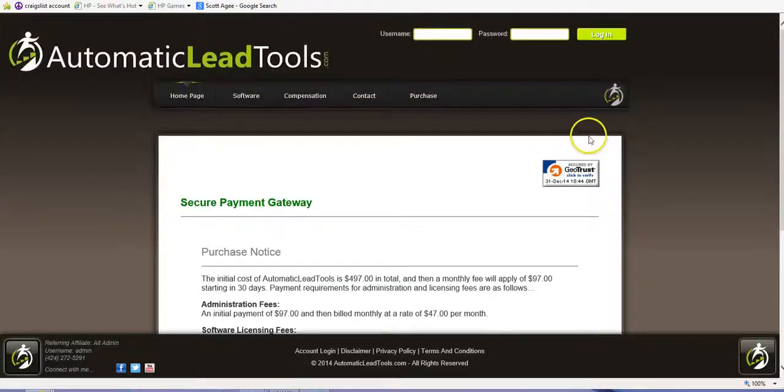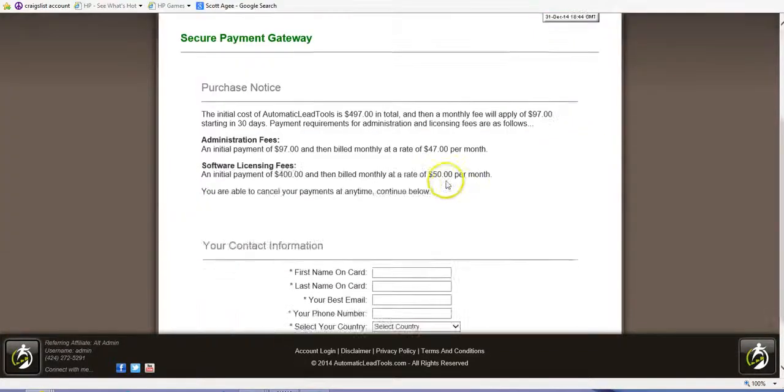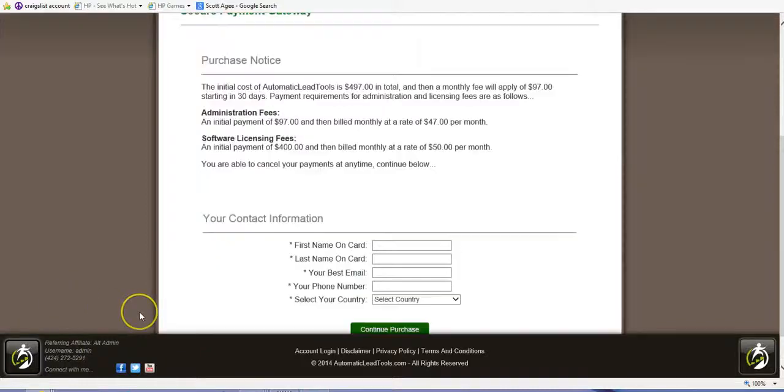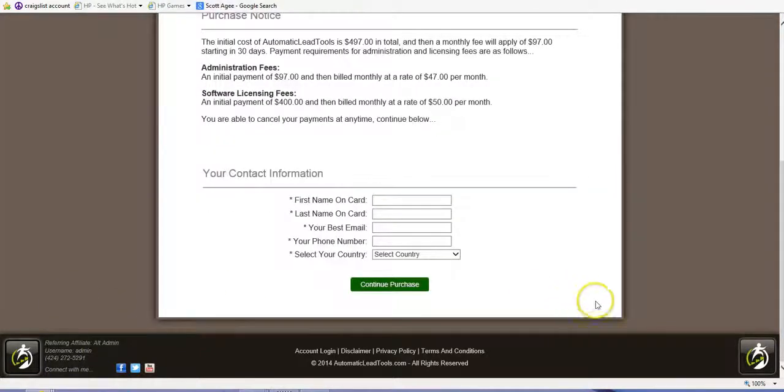All right, so you're going to simply go ahead now and click it, and then you'll scroll down below and you'll be able to put in your information and purchase. All right, if you have any questions when you're going through this, at the bottom left, down here you're going to have a phone number you can call if you have a lot of questions. And that's going to get you to your personal rep. Okay, that phone number is going to get you directly to the person who's going to sign you up and be able to help you. He's going to be your personal sponsor, he or she.